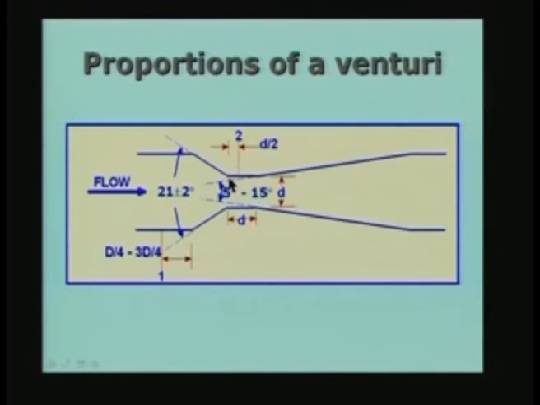As I mentioned, there is a landing which is equal to the diameter of the section here, and the second tap is positioned at d by 2. D by 2 is in the center of this flat portion, and the upstream tap is anywhere between d by 4 and 3d by 4, where d is the pipe diameter, from the start of the converging section. Just before the converging section starts, you can have it anywhere between d by 4 and 3d by 4, as is indicated here. These are the proportions for a standard venturi, again the ASME specification. So, the flow is taking place from this side.